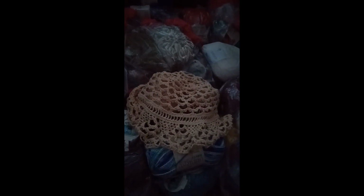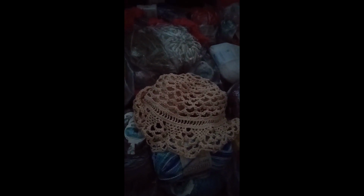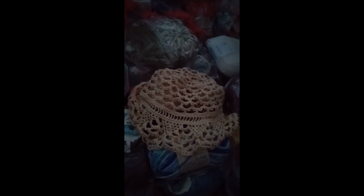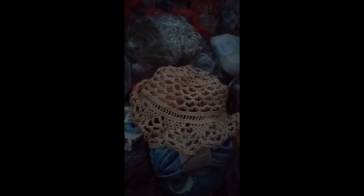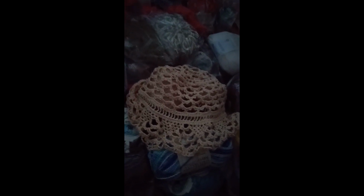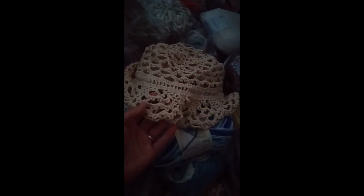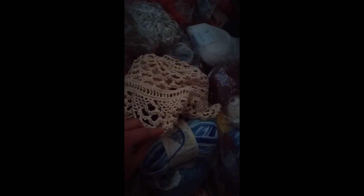All right, everyone. So I was actually moving some of my yarn out of boxes and putting them into this 50 gallon Rubbermaid tote. And wow, I found a lot of stuff. And this right here, at first, I didn't even know where this came from, because I know this thread was given to me. And so I was like, did the person who gave it to me start this hat? And I was like, no, I made this hat, because I know exactly what pattern it is